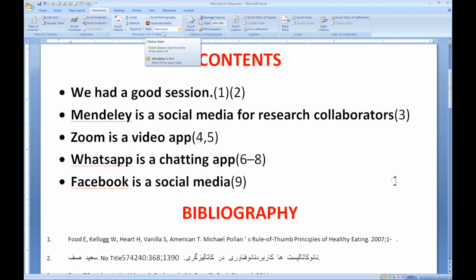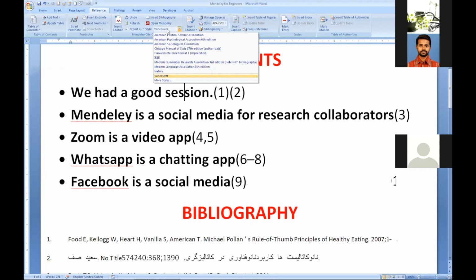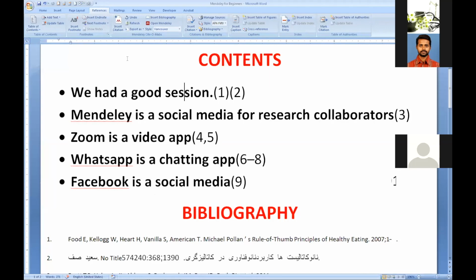Why should we change the style? When you apply to one journal, they may ask for Vancouver style, and another journal may ask for a different style. You may apply to 10 different journals at the same time. How do you sit and rework it? Imagine documents with 200, 300 references. It's practically foolish to sit and rewrite all the references and change the style. Just use a reference manager and change it with a click. Yes, Pratiksha, you can use Mendeley to convert the reference style even after the document is created.